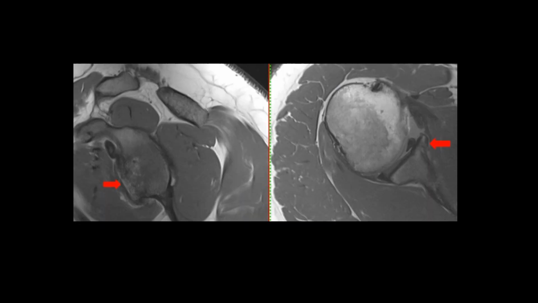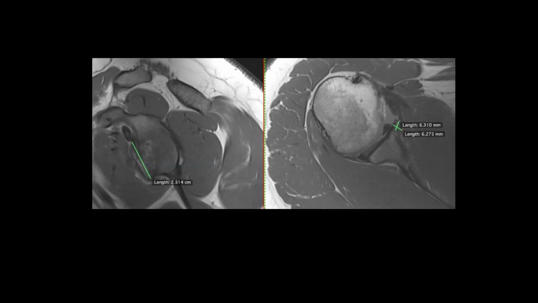In these sagittal and axial proton density images, we see that there is remodeling of the anterior glenoid along with the presence of osseous prominence as shown by the red arrow. This suggests that there was a detached bone fragment in the past which has now reunited with the glenoid. So, this is an old healed osseous Bankart lesion. Since the osseous fragment has united, we won't be able to mention the percentage of glenoid bone loss here, but we need to give the dimensions of the osseous prominence.